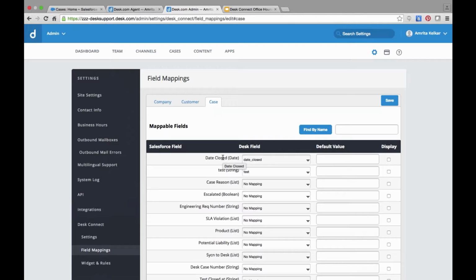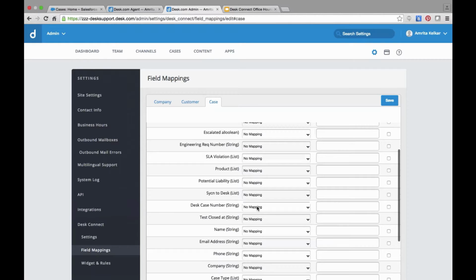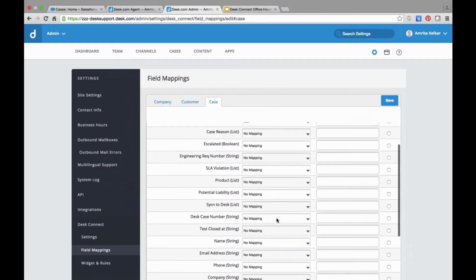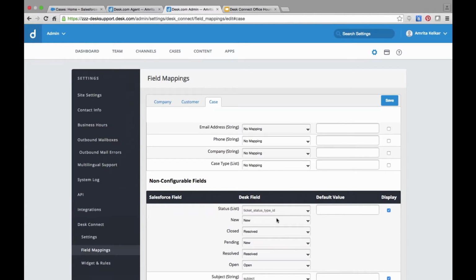Date close in Salesforce, I'm mapping it with a date closed field in Desk. And then another test field in Salesforce, which is a text field, I'm mapping it with another test field in Desk. And so this is the mappable field section, but we also have a non-configurable field section,